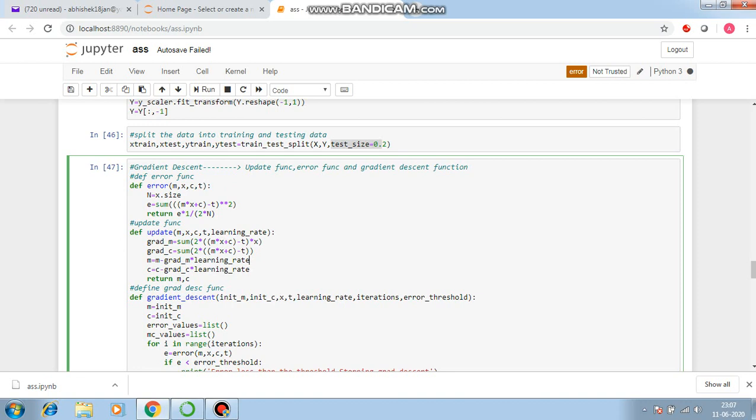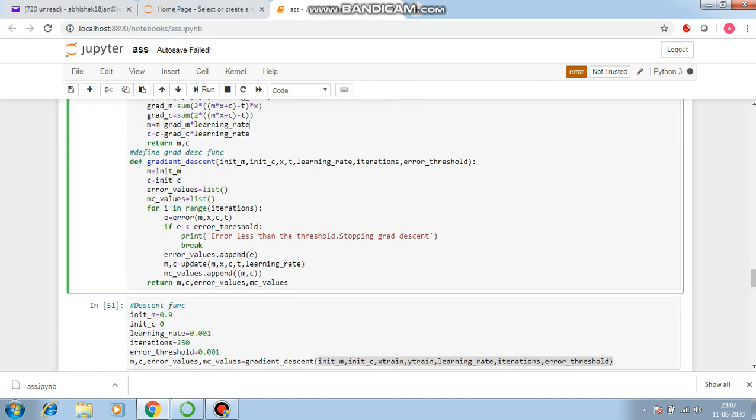It returns the values of the slope and intercept, and then we define the gradient descent function. We initialize the slope and intercept, and create an empty list for the error values and an empty list for the m and c values, which we will append later on.